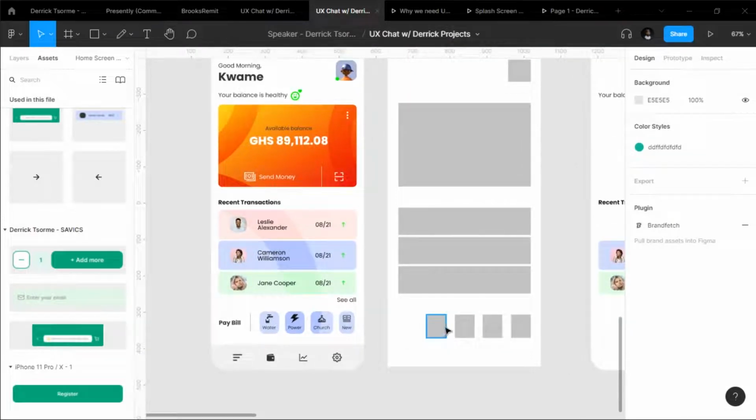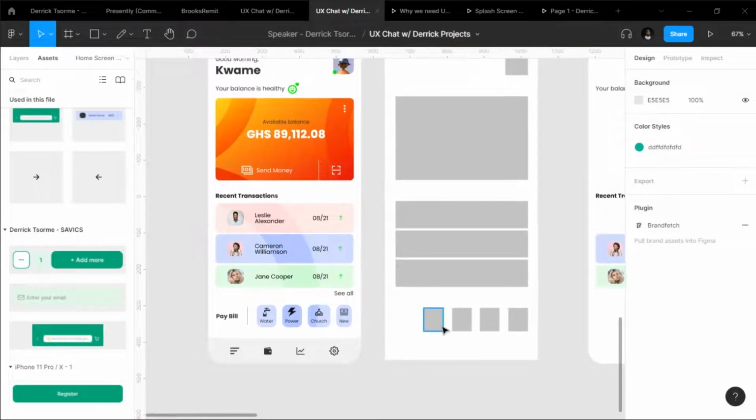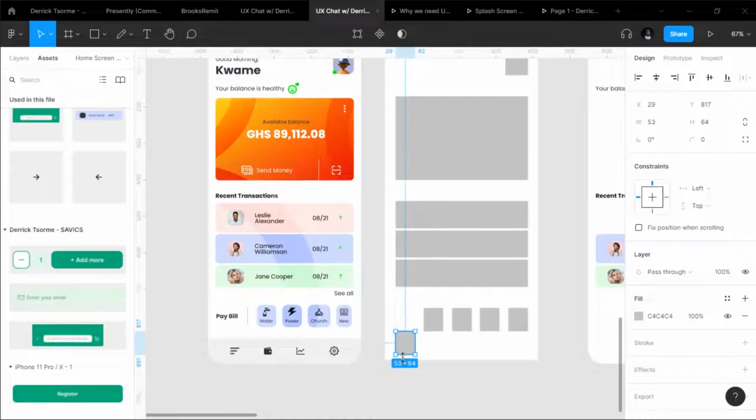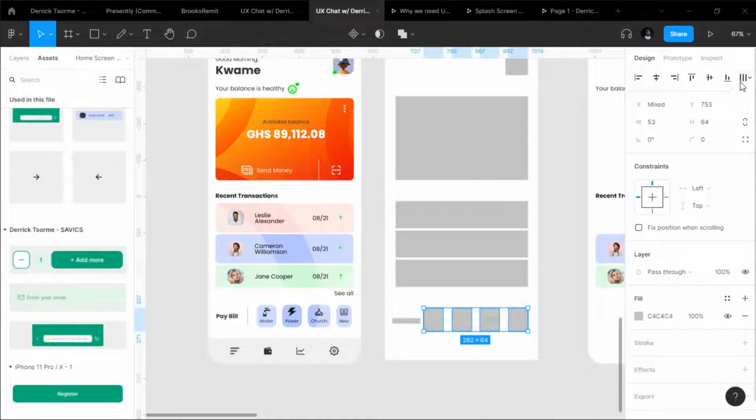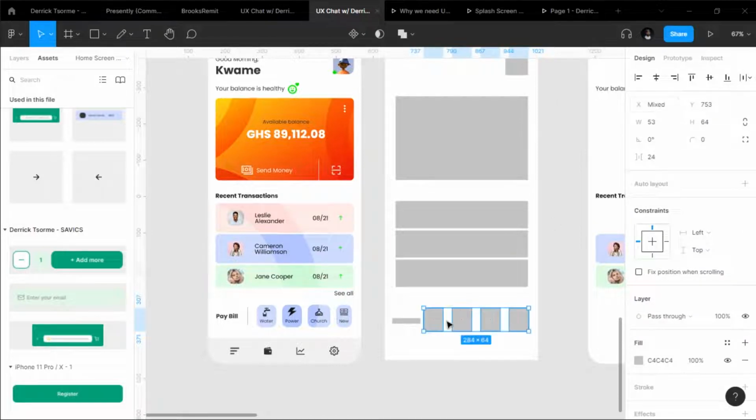Okay, then the way we represent text is by using lines. So I can have this line to represent the text. That's what we do in UX design. We have text. You can use a lot of text. You can use text to